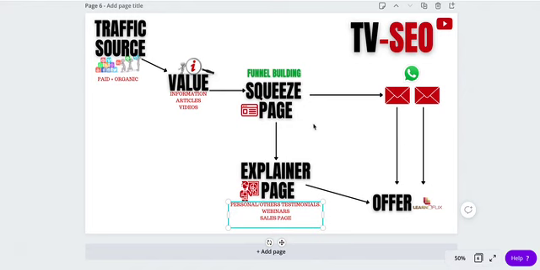Can you share it on an explainer page? Or do you know someone else who has made it? Can you share their own story on this explainer page to validate the offer they're about to go and see? Now, in some cases, this explainer page is going to be done by the creator of the offer. You only need to create a squeeze page to get people's details and send them to the explainer page of the creator of the offer. So it's either of the two. Either you create this or it is created for you.